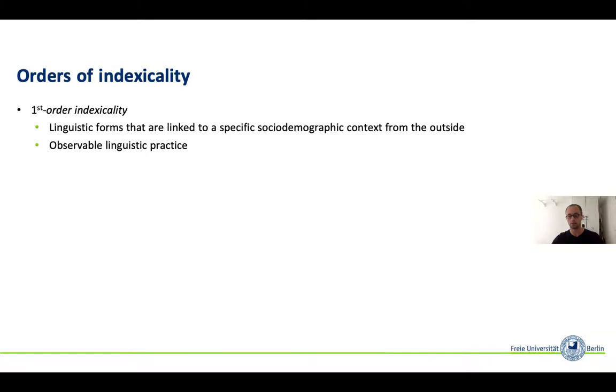Right. We've been talking about what different meaning the different languages in the linguistic landscape have. And when we talk about that, we can distinguish between three orders of indexicality. And this is actually more simple than it sounds. What we have is the first order indexicality, which